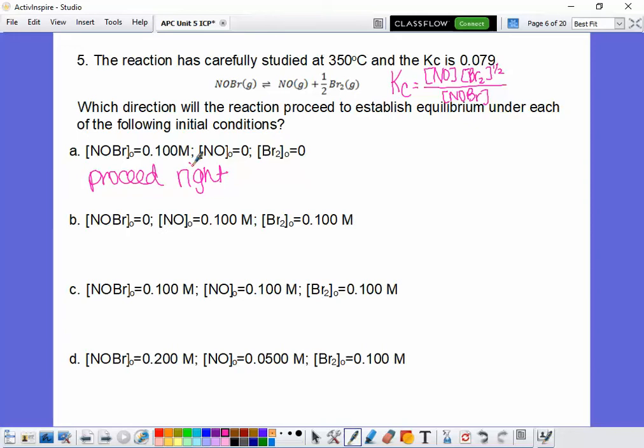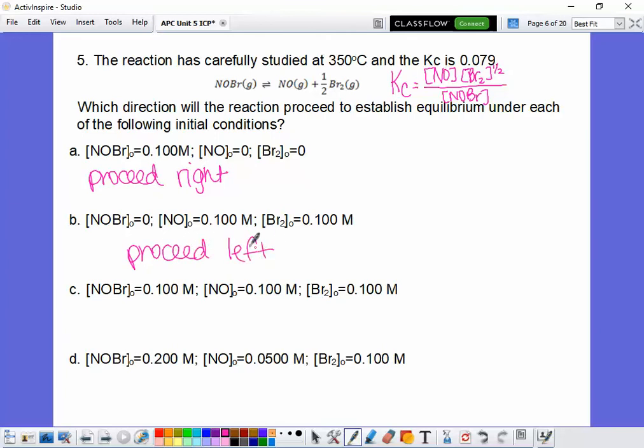For example, this one, our Kc is fairly small, it's less than 1, so our reactants are slightly favored over our products, but we're still going to have some of both substances left over. Only those with super large K values are going to have hardly any reactants left over, considered to be negligible. But in a lot of reactions, you have a lot of both reactants and products left over. But yeah, so for this one, we're going to proceed to the left